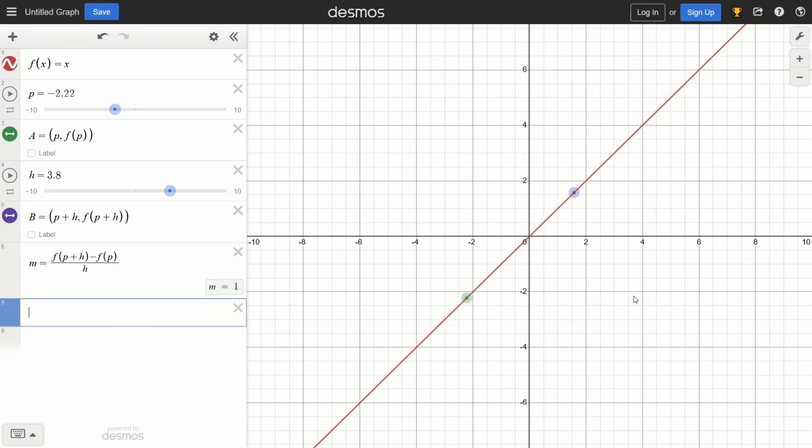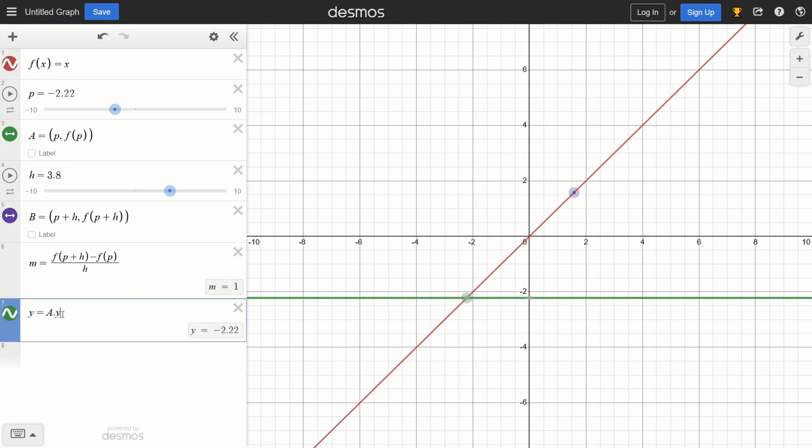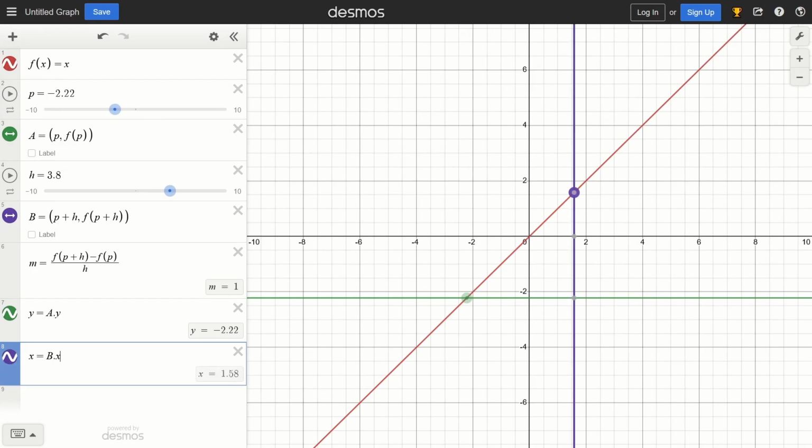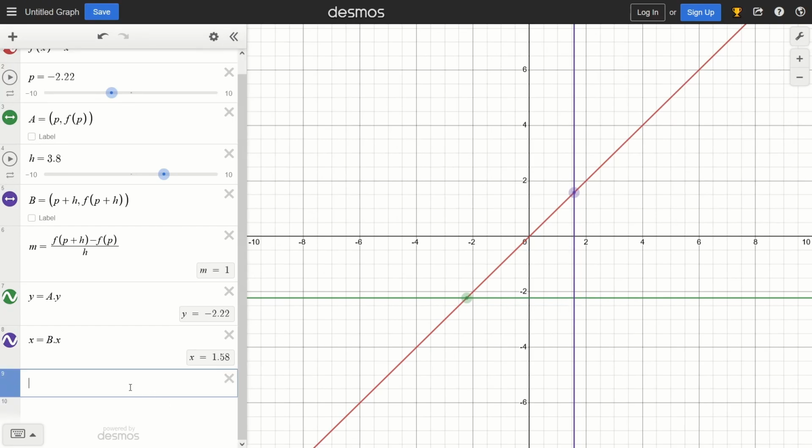Now I can draw a line like this. If I take the y value of the green point, let's say y equals A dot y. This means take the y coordinate that's stored in A. Now let's draw a vertical line like this, which makes use of the x coordinate in the purple point. So x equals B dot x. And now you can see we have formed this triangle between the red, purple and the green lines. So over here, this purple line, this segment is a change in y, and this green segment is a change in x. So to calculate the gradient,